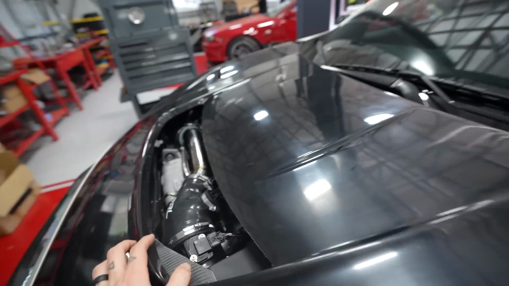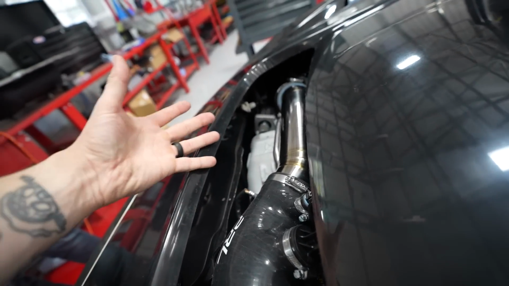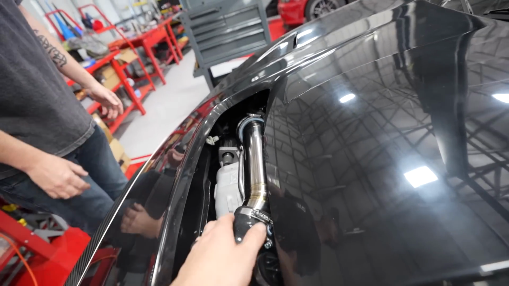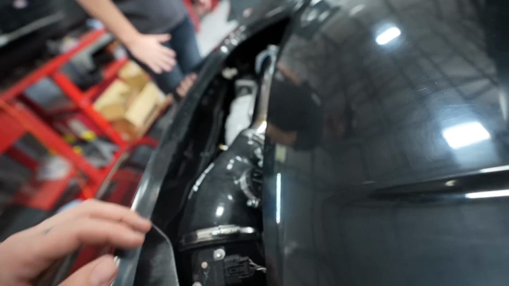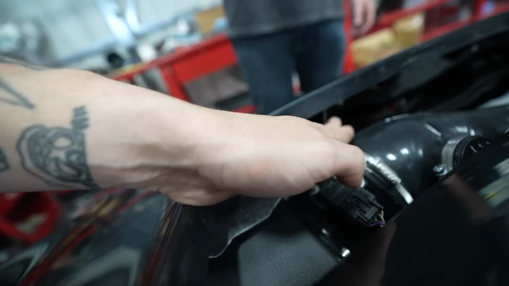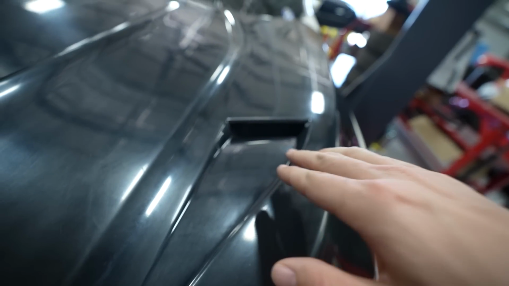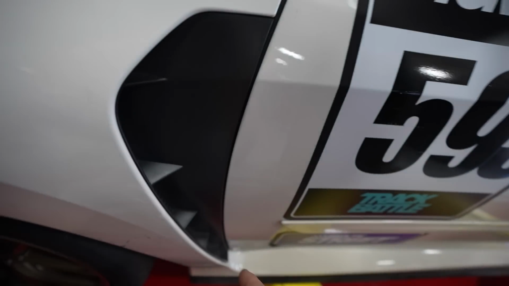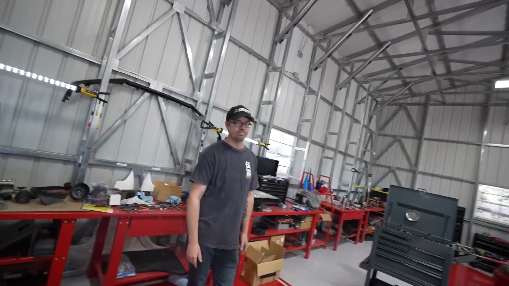I love this, dude. All the heat from the turbo is just gonna be sucked out. It's a vacuum suck. That's so freaking rad. And keep all this nice and cool as well. And then also, I like right here, this little piece of carbon actually seals in the intake too. You have this vent, which allows all the air to get sucked through here, down through here, and come out from our fender vents right here. So overall,